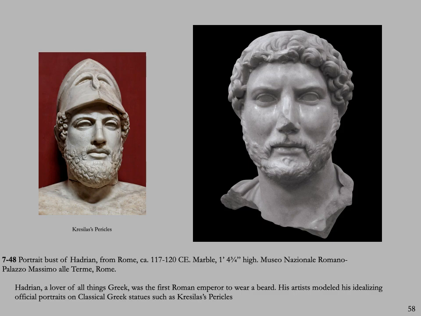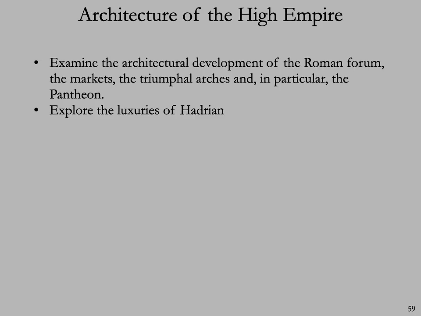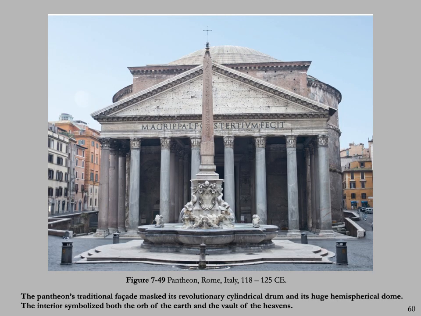So Hadrian's most famous structure, as we look into the architecture of the time, is a building called the Pantheon. The Pantheon translates to all the gods, and the building acted as a multifaceted temple. Notice the Greek features in the facade here. We see the Corinthian columns. The building's orientation is